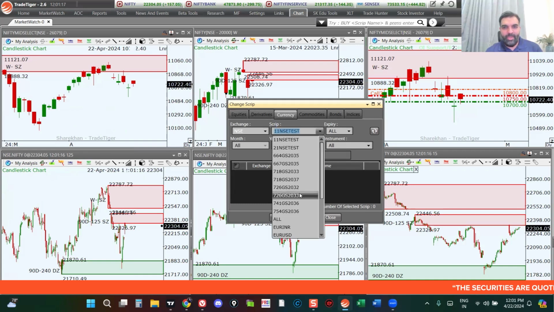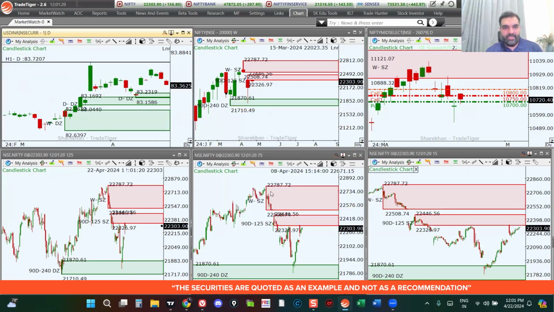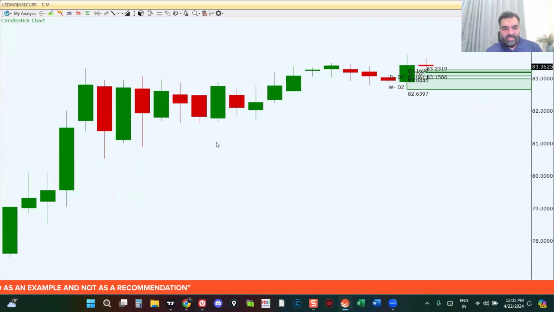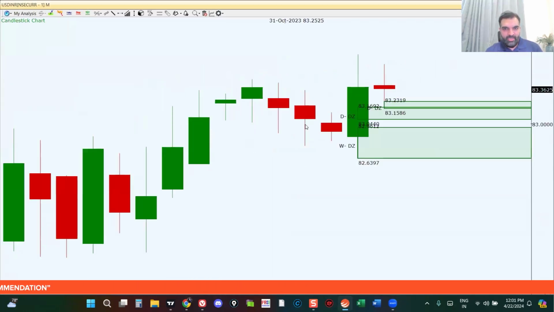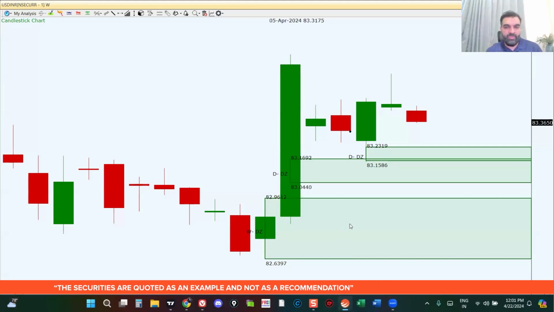All right, let's now move from the world of indices to the world of currencies. So let's quickly have a look at the USD INR, and let us check what the USD INR is telling us. As we can clearly see, the USD INR is actually moving opposite. On the monthly chart, it's not showing anything yet. But if you look at the weekly chart, it's trying to move down and probably get into this area. And that is the reason why most of the indices are also trying to push to the upside.